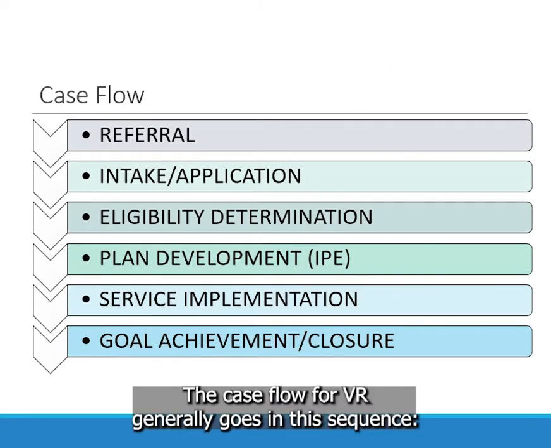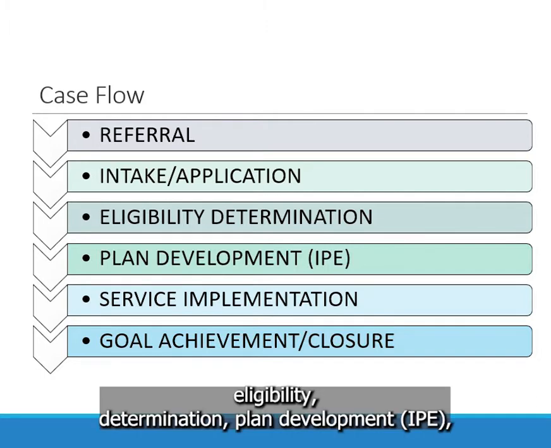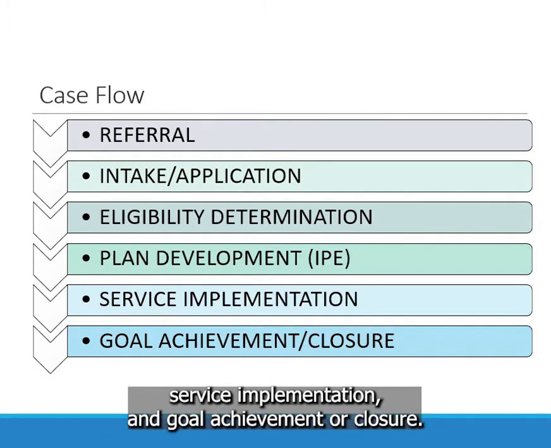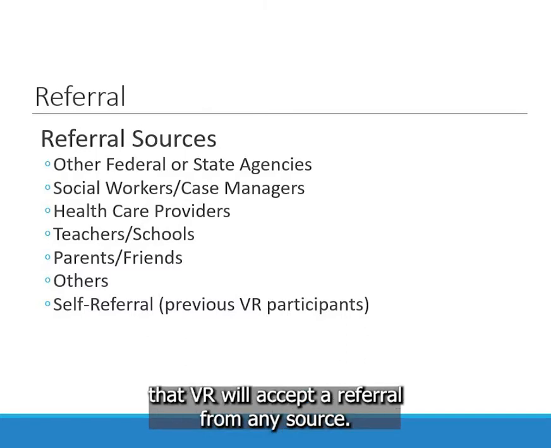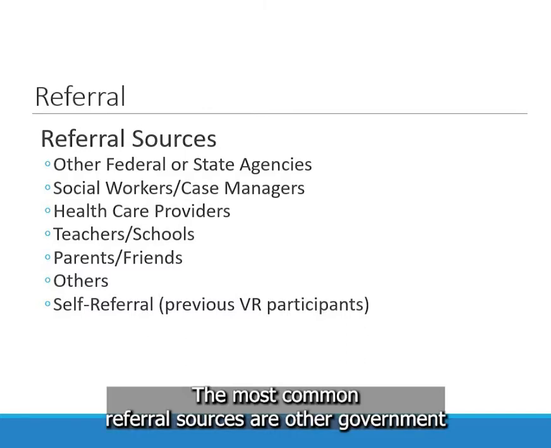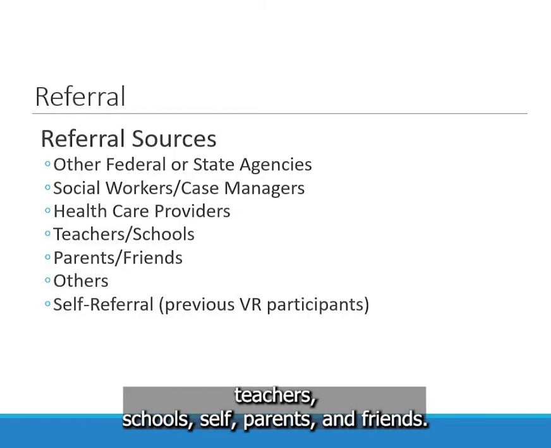The case flow for VR generally goes in this sequence: referral, intake/application, eligibility determination, plan development (IPE), service implementation, and goal achievement or closure. For the first stage, referral, it should be noted that VR will accept a referral from any source. The most common referral sources are other government agencies, social workers, case managers, healthcare providers, teachers, schools, self,